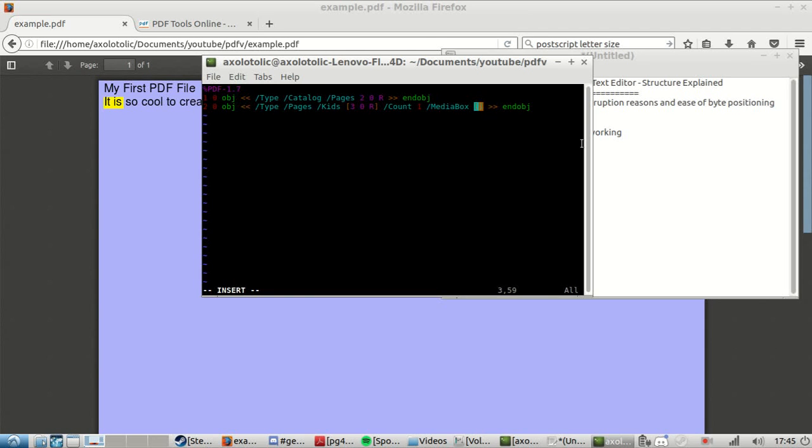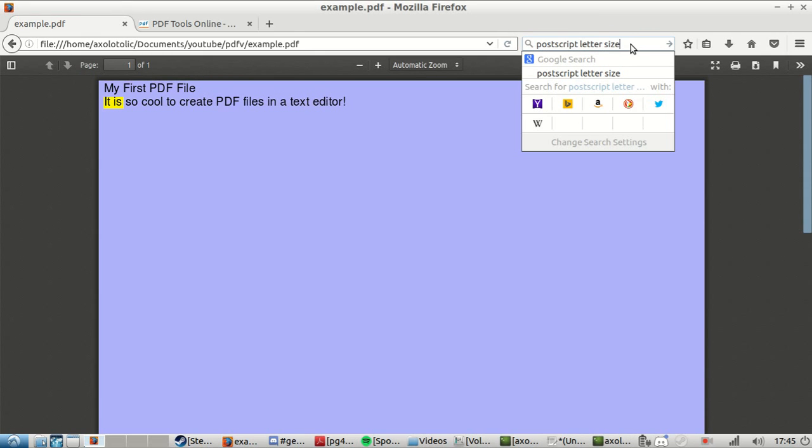Now this is pretty interesting. So we have a media box. Okay, you don't really need to know what that is. It's just how big your page is gonna be. So we're gonna put 0 0 612 792, and that's the letter size. So here in Canada, our standard is letter size. I know some other countries they use A4 or whatever, but we use letter, and this is the size for letter. What you can do is search PostScript letter size on Google. What you can do is PostScript